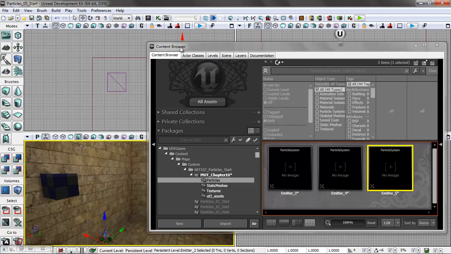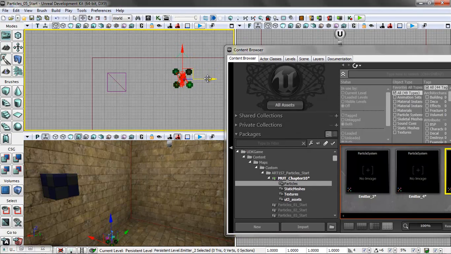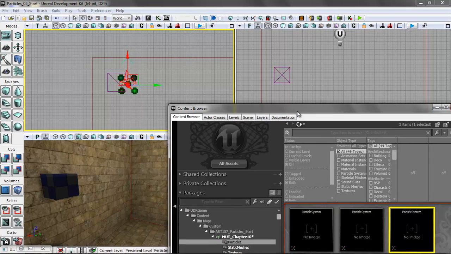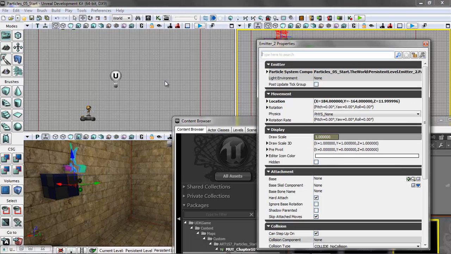and then I'm going to have to go in multiple views, and we take the emitter and bring it over to the cube on the right side, and then we also look at it in this view and get it all hooked up. So now it's basically attached to the side. Now in order to attach something, if we go into F4, there's an option for attachment and base, and this